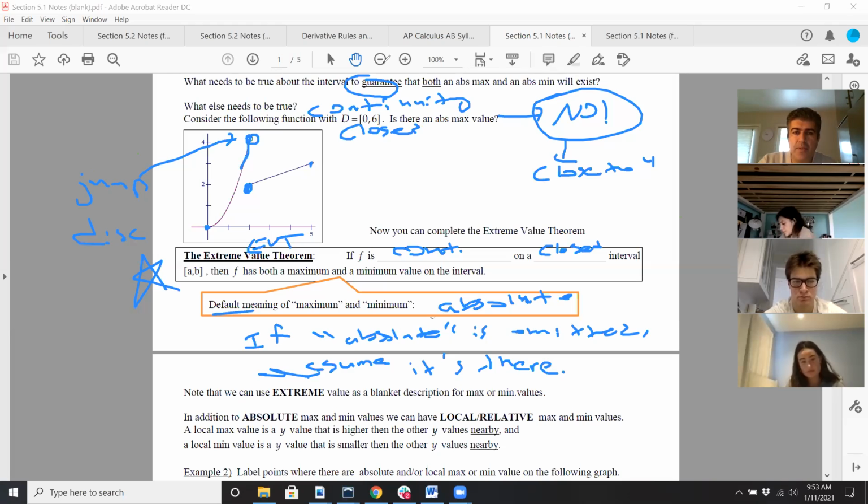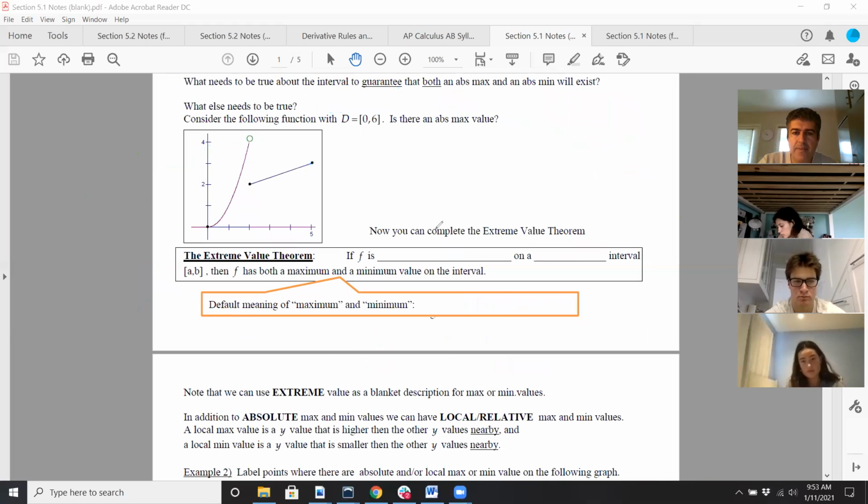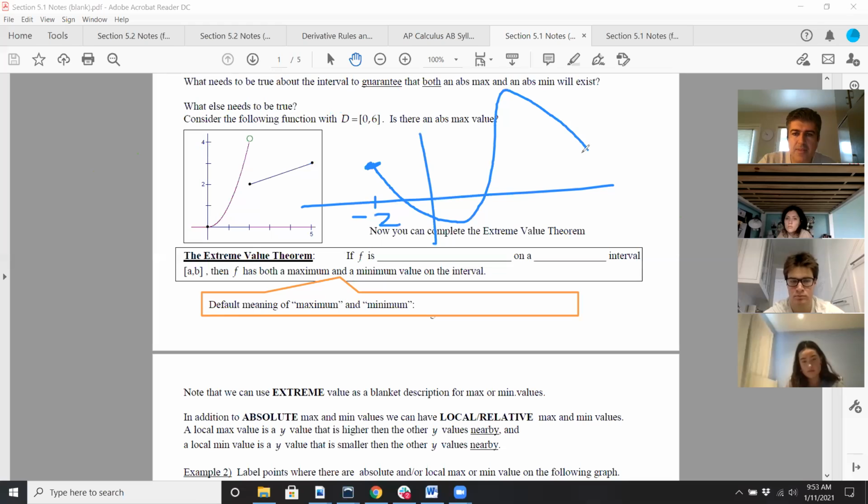So let me clear my drawing and do another funky graph. Let's say I start at -2, and the y value is right here. And let's say I go down and up like this, so I end at 4. Well, of course I have an absolute max right here. There's my absolute max. Do I have an absolute min? Obviously I've got an absolute min